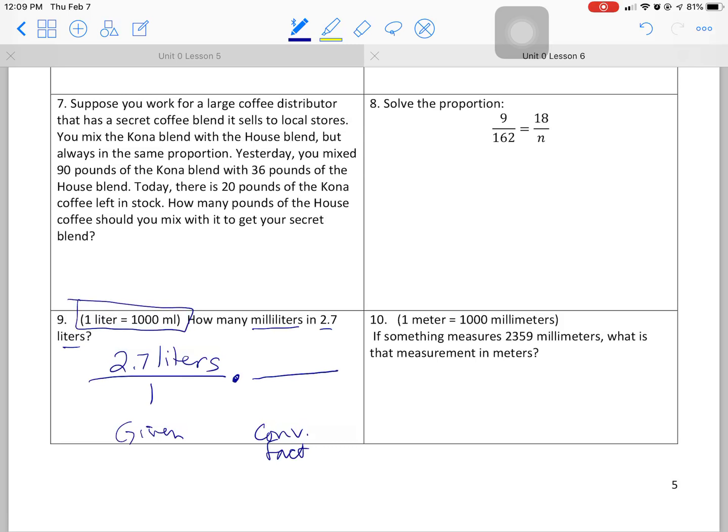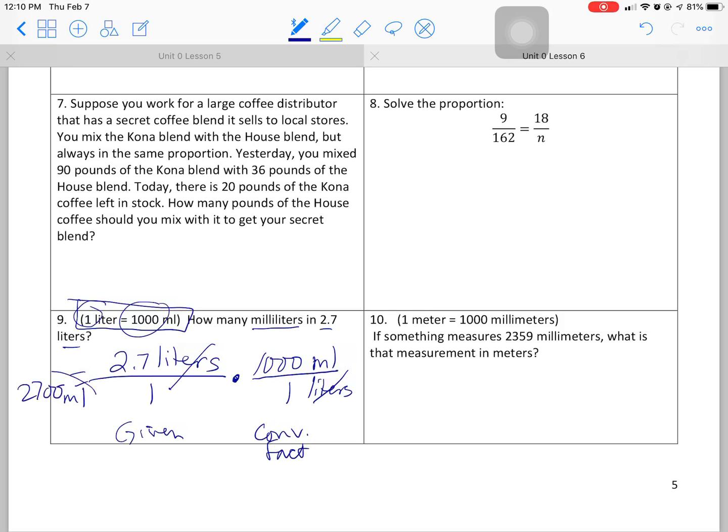They gave me liters, so I want to get rid of the liters, so I put that down here. They want milliliters instead, and according to this, there's a 1 next to the liter, and there's 1,000 over there. So I'm multiplying across, and I'm going to get